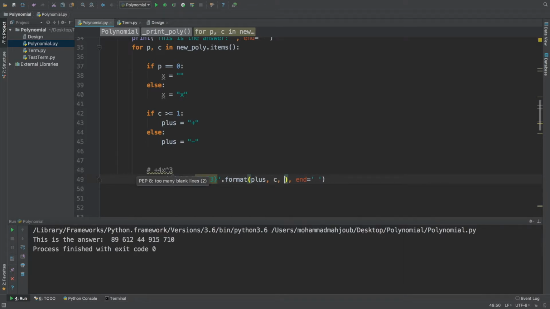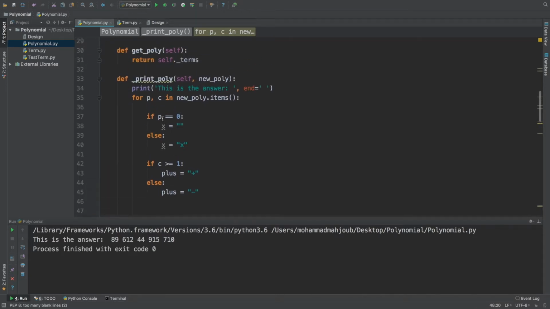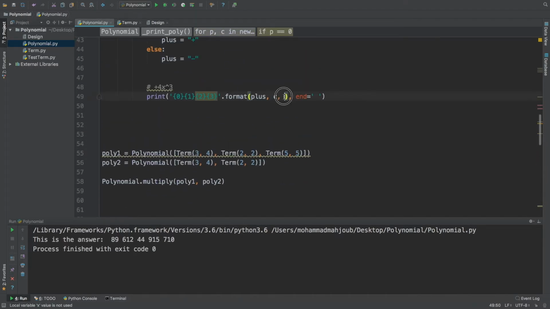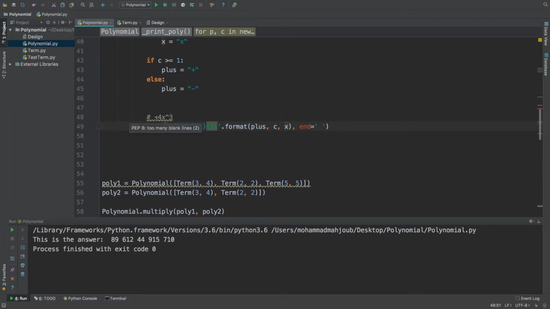Alright, and then after that there is the x. Well, the x will depend on whether the power is greater than 1, or 0, or less than 1. If the power is 0, we don't want to even put the x because it doesn't make sense. So let's take this x variable and paste it right here. So far so good. We have the sign, the coefficient, the x variable, and then this sign right here,